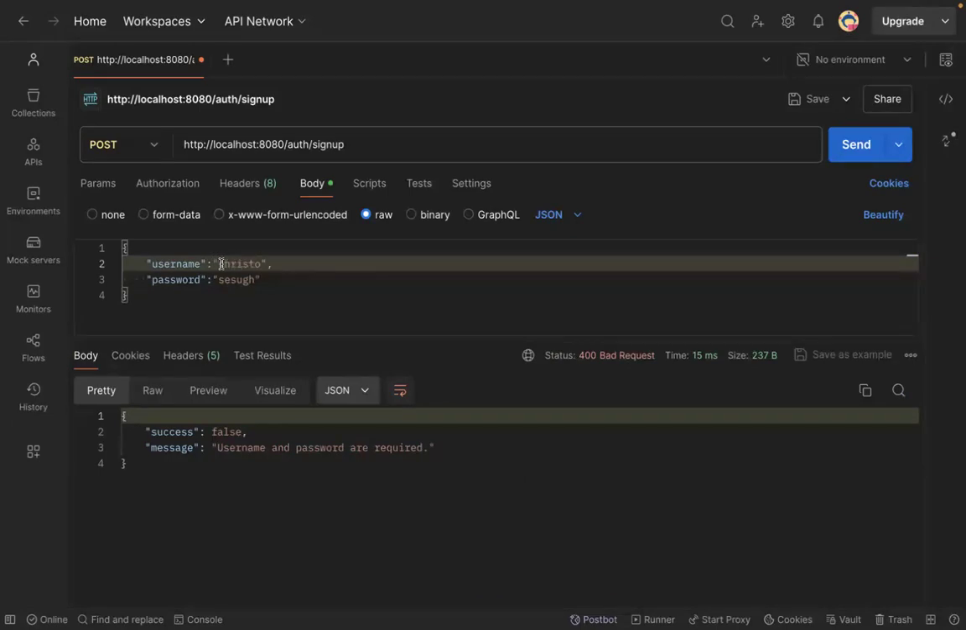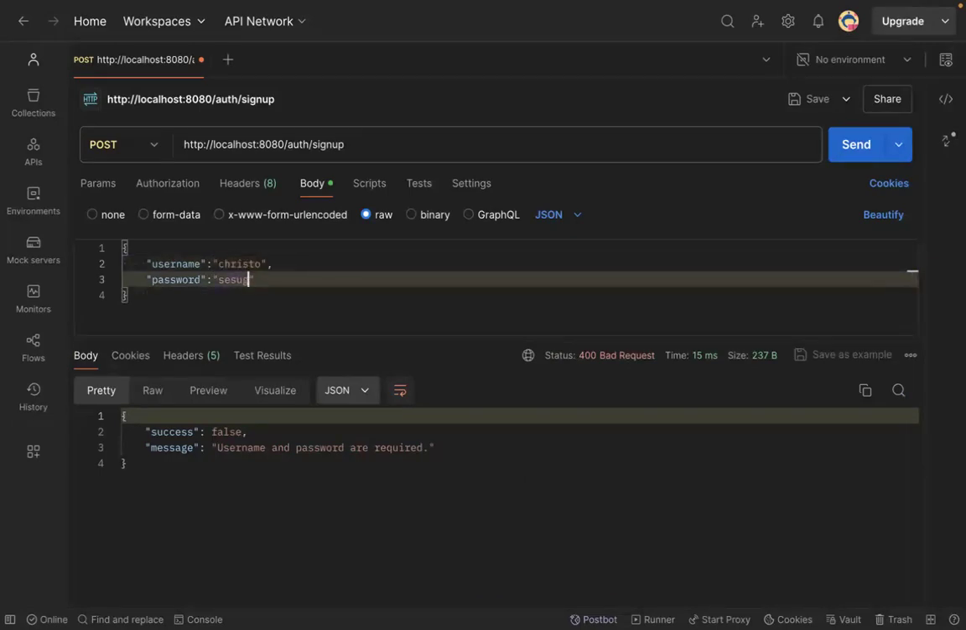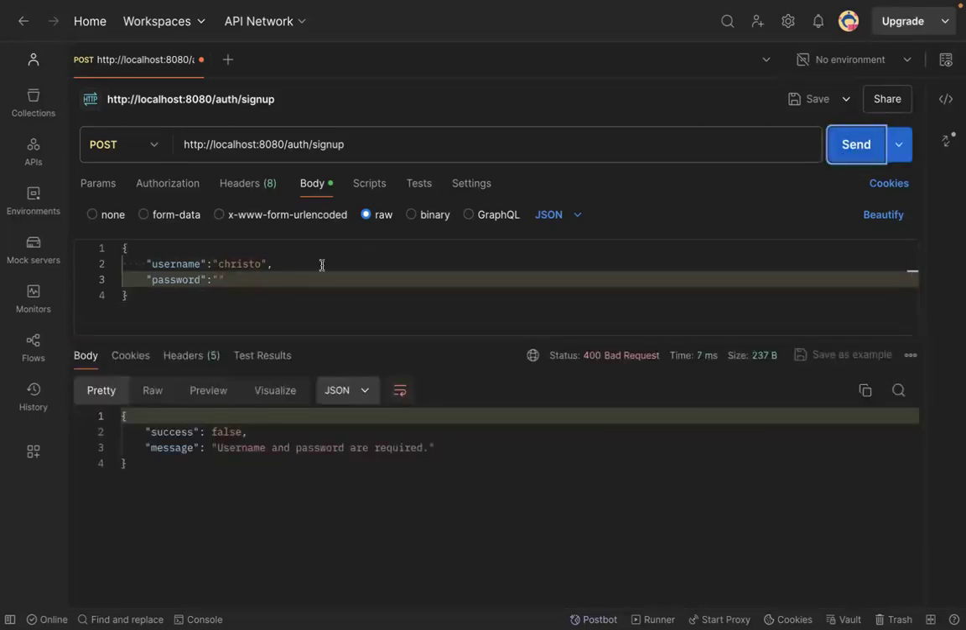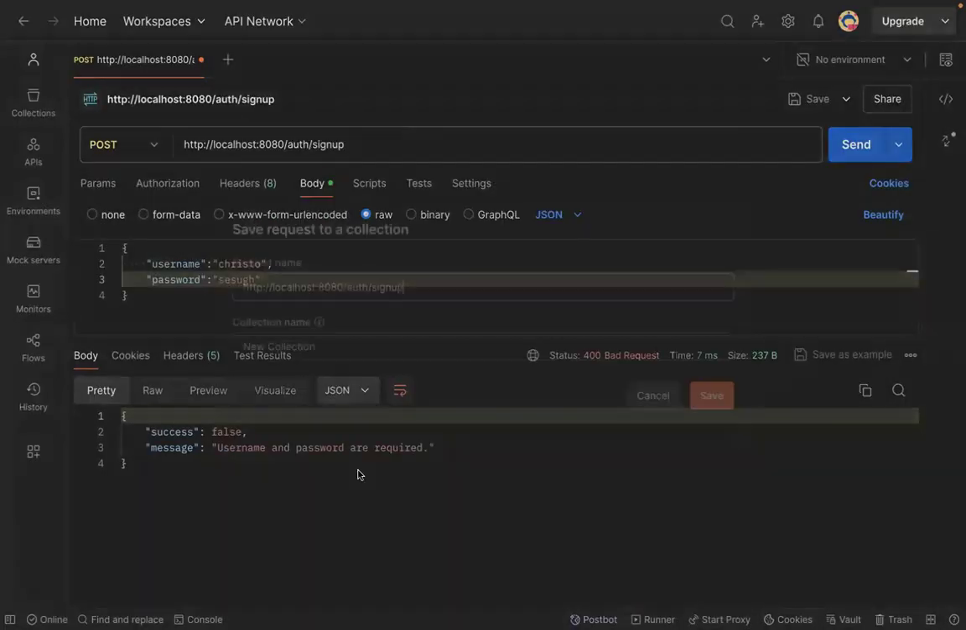So if you bring this back to Crystal, and then you remove this one and leave it empty, we have username and password are required. And if you bring it back, and the other time we emptied it, everything is working as expected. So now let's head over to